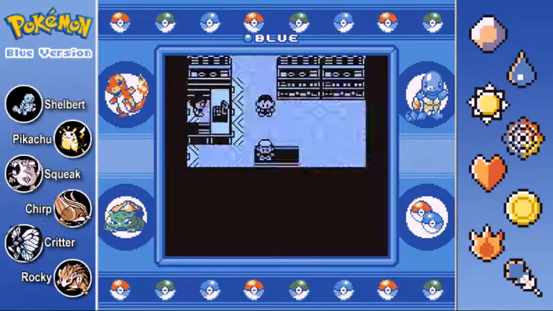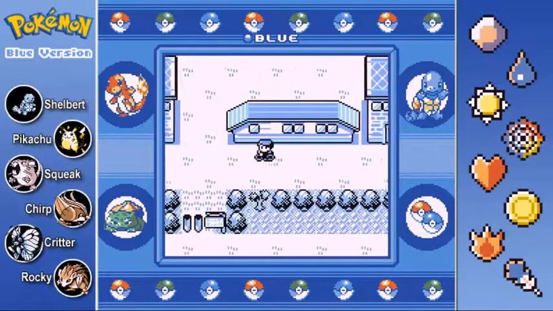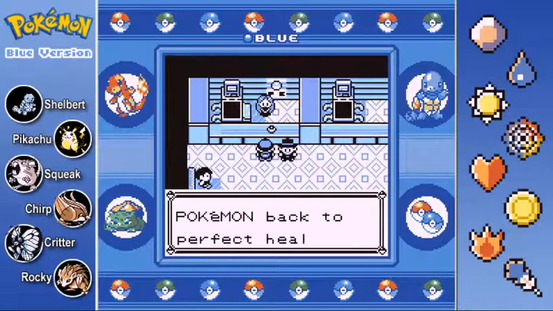So let's do a quick heal up in the Pokemon Center. Bike our way back. I should have done that first since I was already there. But here we go. The bike makes things so much quicker. A heal up from Nurse Joy as we go to take on...